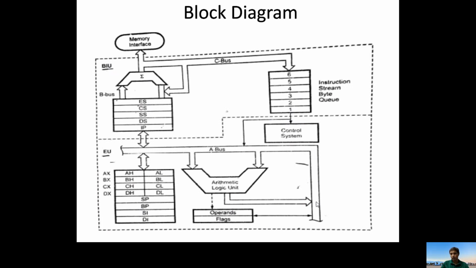The results and flags will be moved to the BIU via buses and segment registers, and finally the adder converts the 16-bit logical address into a 20-bit physical address. Based on that address, the data will be moved. For example, the processor wants to send its result to the 50,000 H location. So this adder will generate that 50,000 H physical address, and with that address, data will be transmitted through the bus interfacing unit. This is about the functioning of the BIU and execution unit.